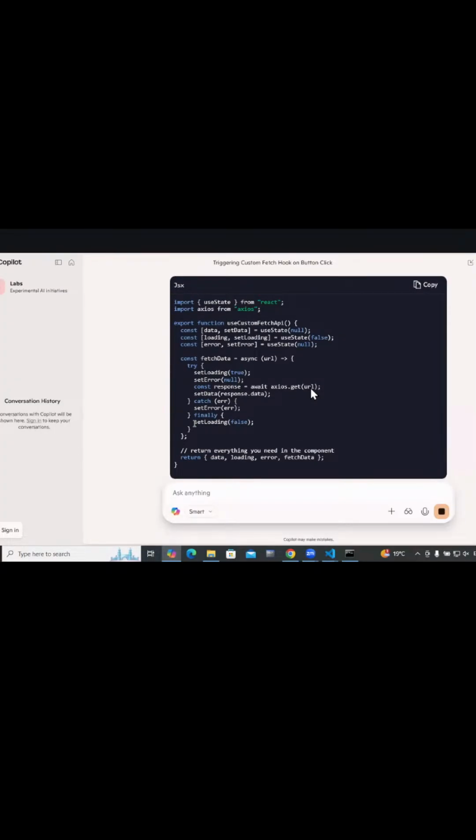Now he is writing another method which is fetch, and returns this fetch data to you.